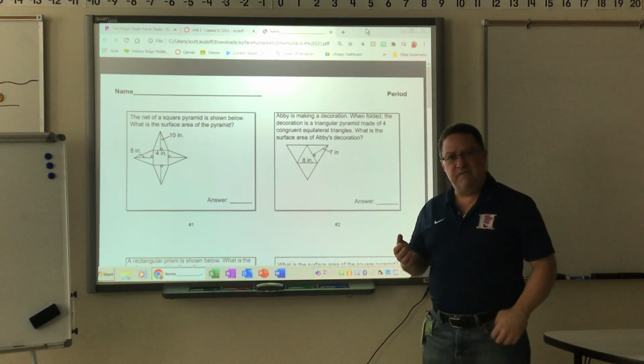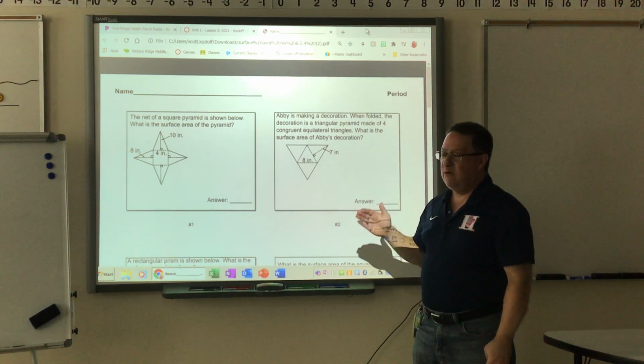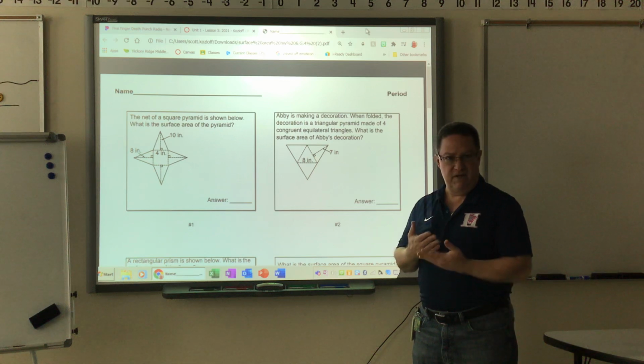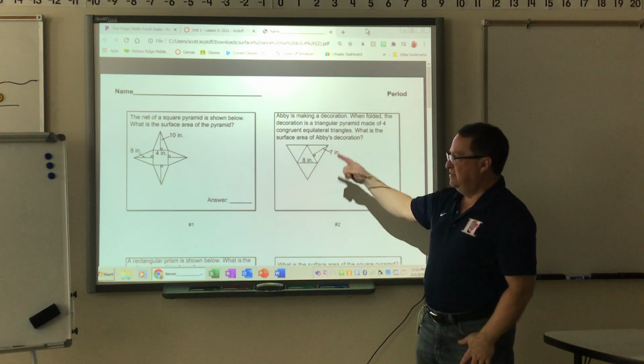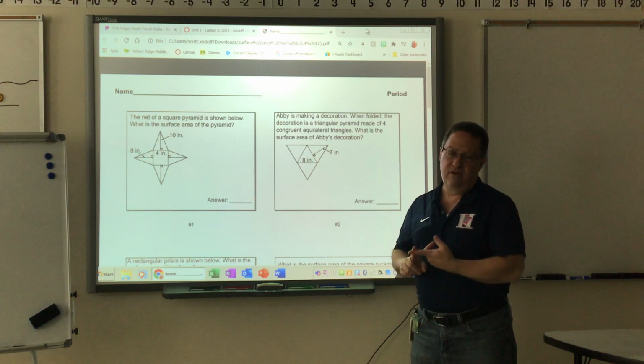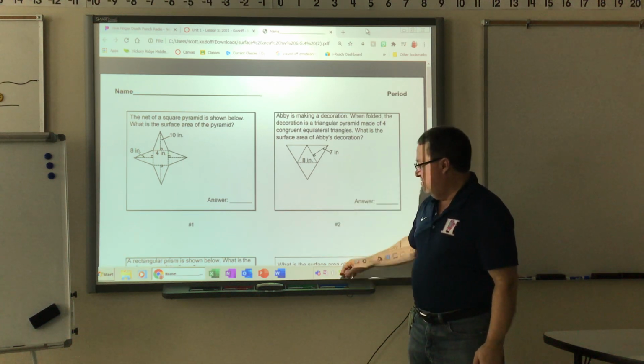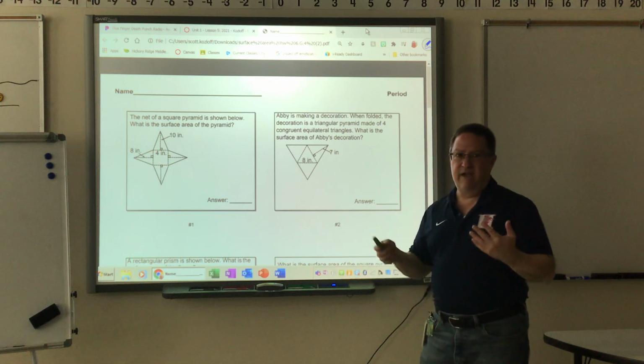I thought it would be beneficial if I went through how to set up the problems that we had on Monday that dealt with surface area and nets. As you know, a net is a two-dimensional representation of a three-dimensional object. So I'm going to show you how to set these up for those of you that are having problems, and